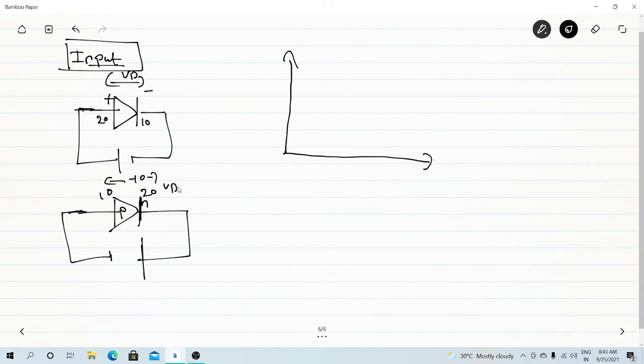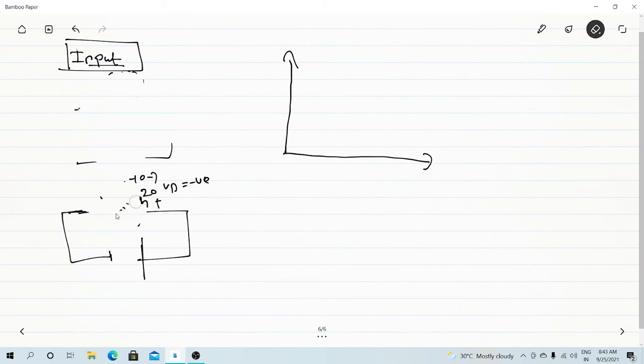VD will basically be the voltage drop. The voltage drop will be negative. You can see -10, for example I have taken, so this is minus, this is plus. We don't know these 10, 20, these are for example. In the earlier case the VD was basically positive, 10 plus 10, so positive sign. This is -10, so basically negative. So in reverse the voltage will be negative, that we know from the basics of the PN junction diode. Why am I saying all this?